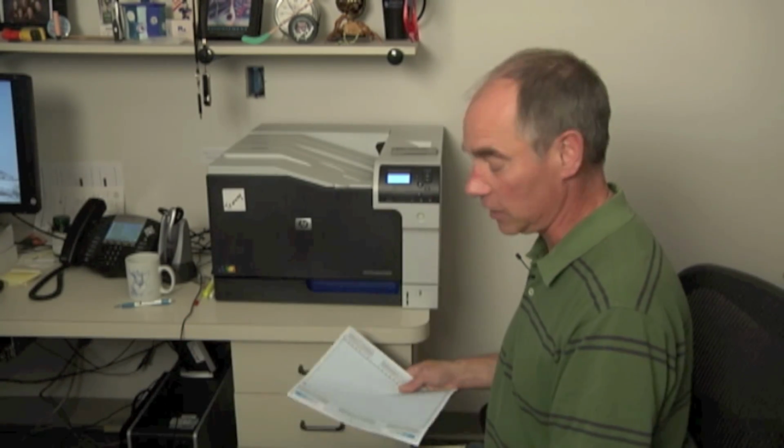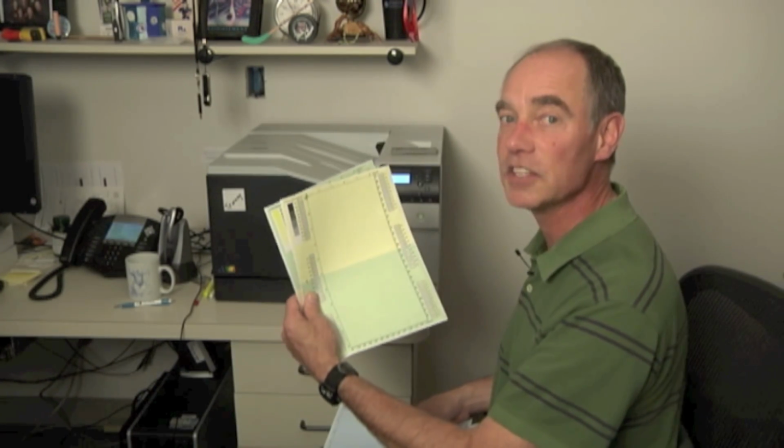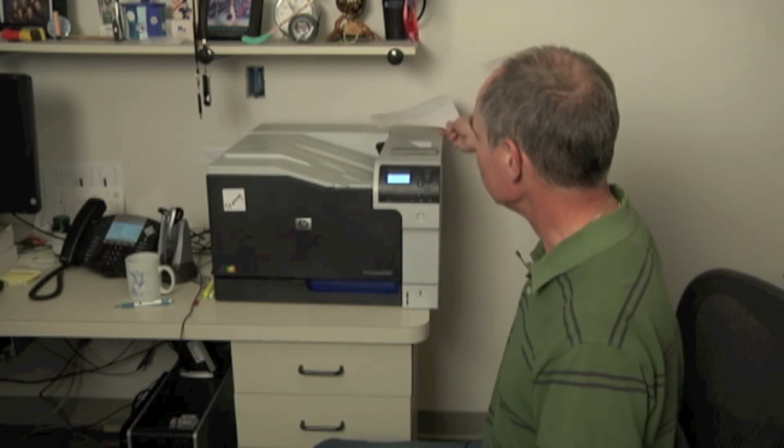So I had an image defect in cyan. I moved the cyan cartridge to yellow, and now I look at what are supposed to be the yellow pages, but they're now cyan, and I see an image defect in there. That tells me it is the toner cartridge. It helps me to isolate between them. Great little test. You're going to find this test again on most of the business class HP color machines,